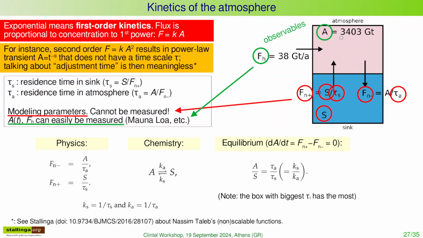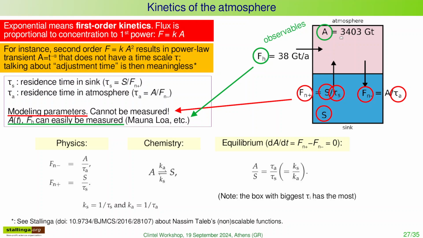Examples are the concentrations in the sink, in the oceans. Nobody knows exactly how much is there, but it seems to be much more than in the atmosphere. And that is already enough to come to very good conclusions, by the way. The other thing is the fluxes from the sink into the atmosphere, because, well, the sink is not there, and